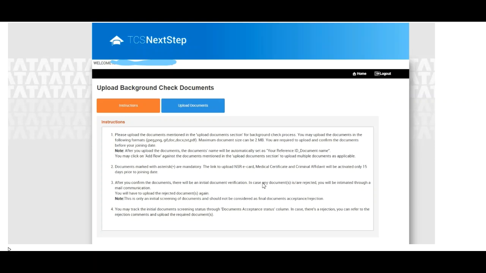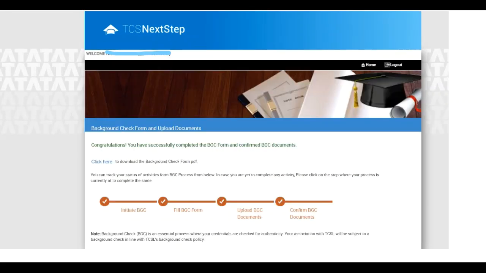If any of your documents get rejected, they will properly mention that your document is rejected and the reason behind that, and they will also mail you regarding the same. Please go through all these instructions properly before continuing your background check process. After reading all the instructions, just click on the upload documents tab.